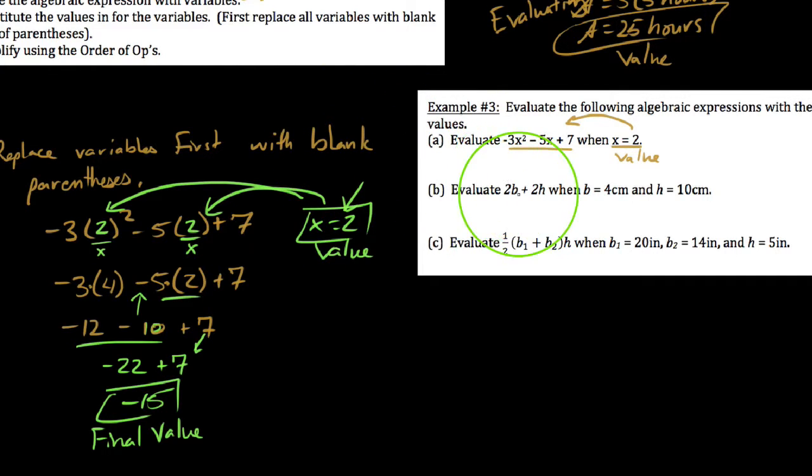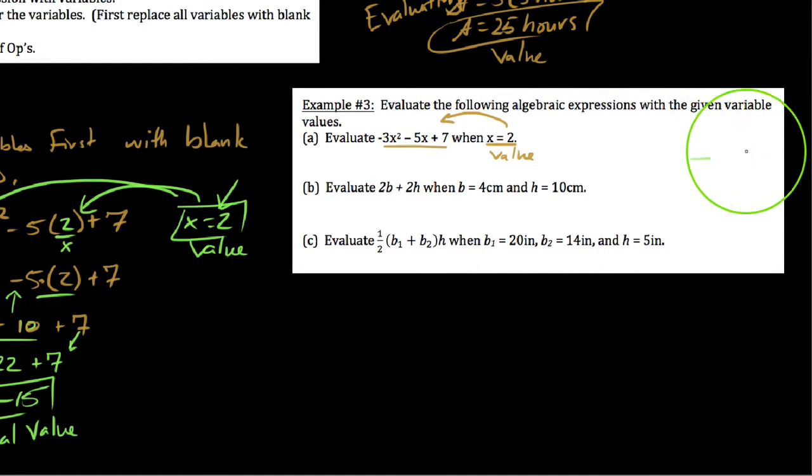Okay, so this next one here, we say 2 times the base plus 2 times the height. If you're familiar with, say, a rectangle, this is actually 2 times the length plus 2 times the width, we say the base and the height. This is actually the expression for the perimeter of a rectangle. But say I want to find the perimeter of the rectangle when the base is 4 centimeters and the height's